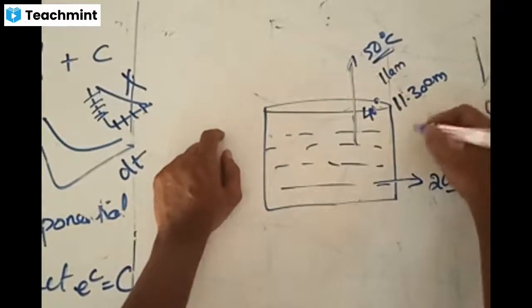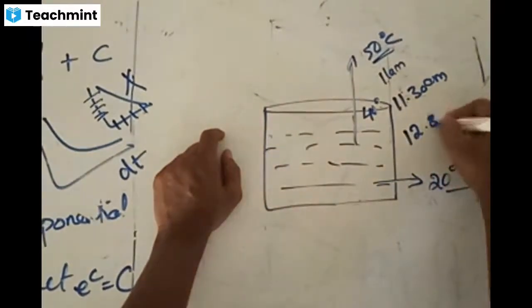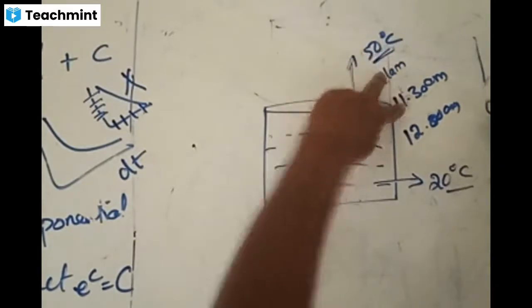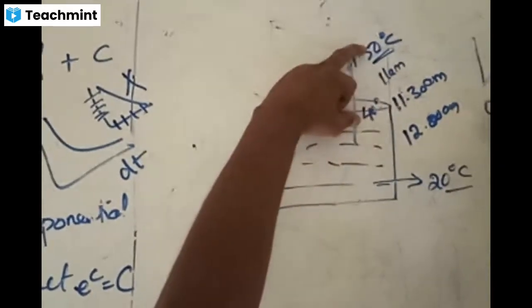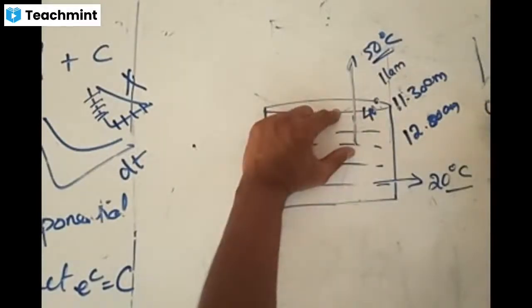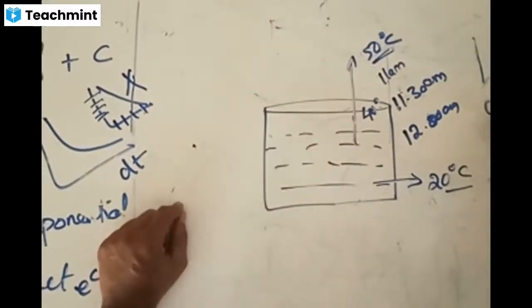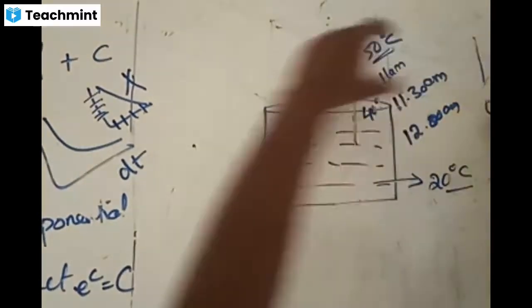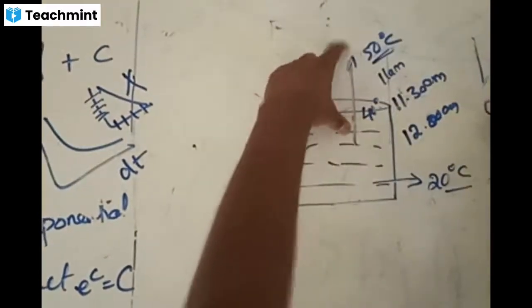Now after some more time, say 12 o'clock, in the first 30 minutes how much change has taken place? 10 degrees. In the second 30 minutes, will it be the same 10 degrees now? No, that is the meaning of exponential. For some change of time, the difference that takes place will be different from that of the second time.